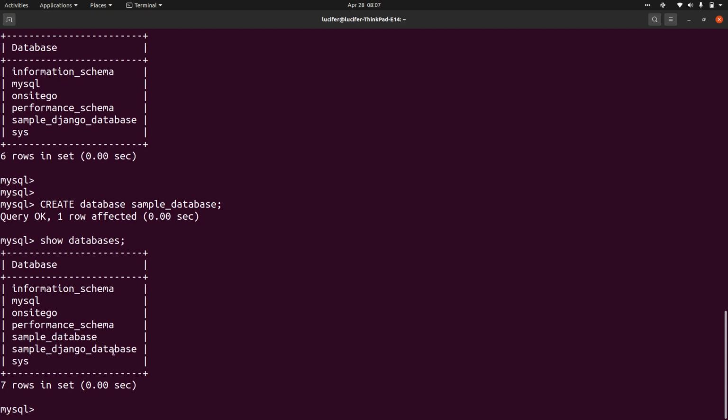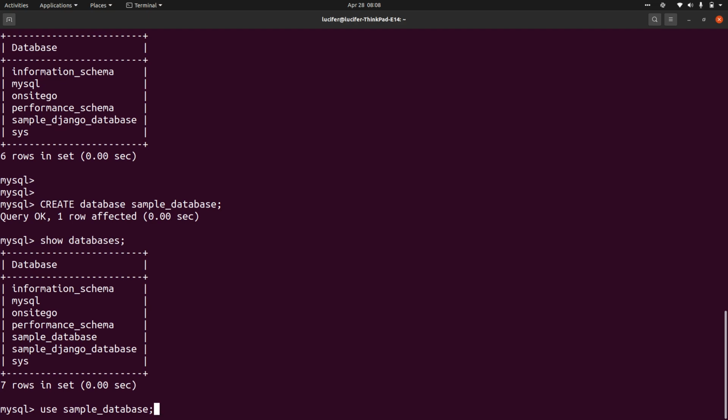You cannot directly use that because we are currently outside of any database connection, right? We are currently in the MySQL connection. So to go inside that particular database, you need to use the use command. It can be either capital or small, it doesn't matter, because MySQL does not take this case sensitivity, so you can simply use these commands as well.